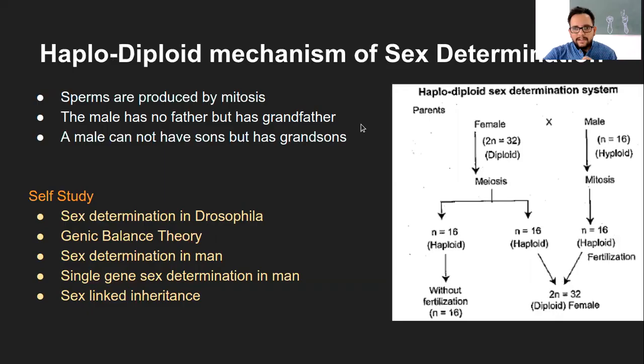Does the X chromosome have a function inside the male body, a major one? Yes, there are quite a few genes. That part we are yet to discuss, and I said that will come in sex determination. I will talk about that separately in a bit, after these few slides.